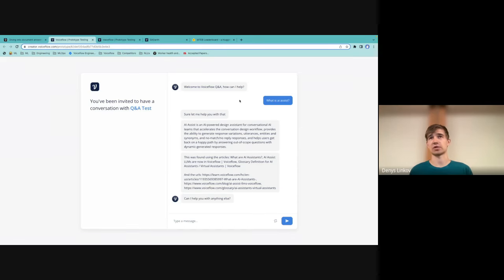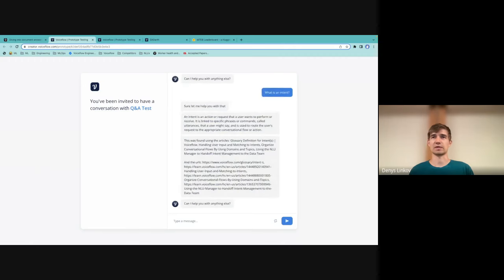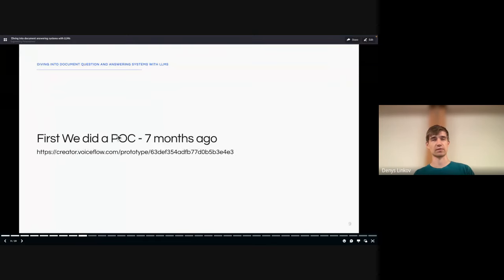And you could basically ask it questions like, what is AI Assist, which is one of our features that we have? Or we can ask something else like, what is intent? So this is something we built in January 2023 because we wanted to validate if this is useful, how hard is it to do, how do we actually jump into this information retrieval aspect, and how do we deal with some of the issues that LLMs face, like hallucinations, document reference, all that fun stuff, right? So we built this proof of concept just to validate that it works, and from there forward, we shared it with some of our customers and internally to see if it's well used.